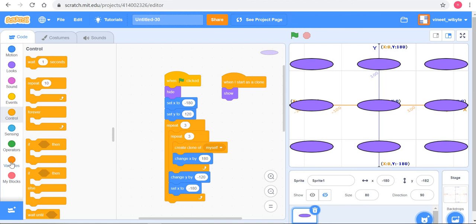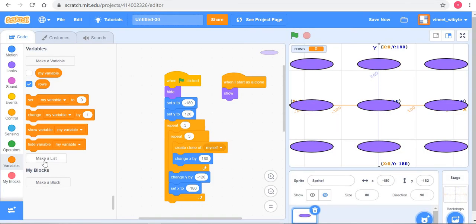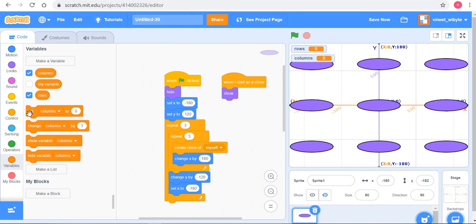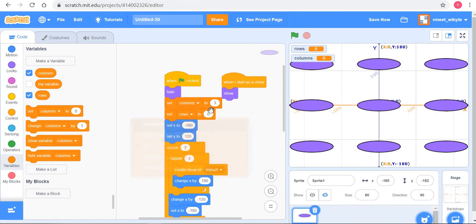So let's say now I introduce variables. Let's say two variables, rows and columns, right? So make a variable called columns. So let's say in this case I set columns to three, which means I'll get one, two, three columns. And let's say I set rows to also three. Maybe I can hide these from here. So I'll get one, two, three rows, right? So I'll get three columns, three rows.